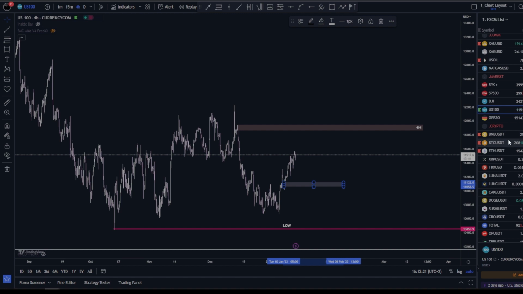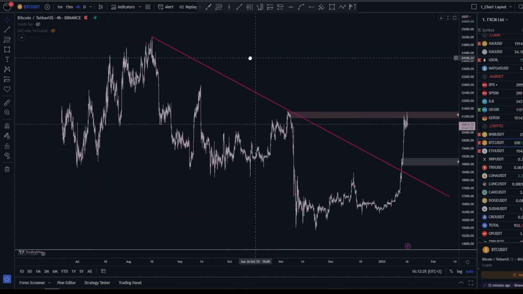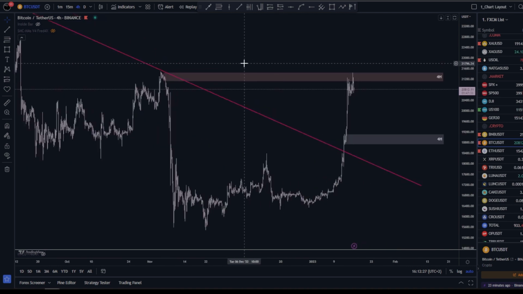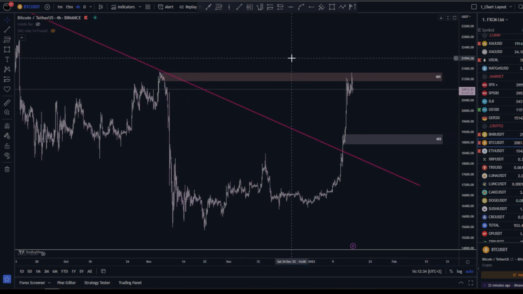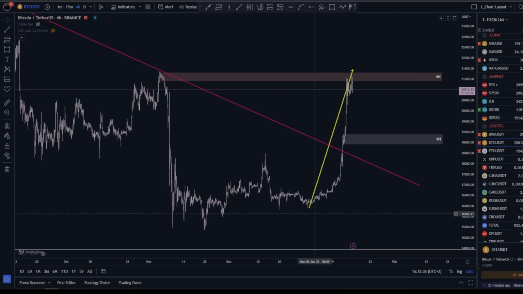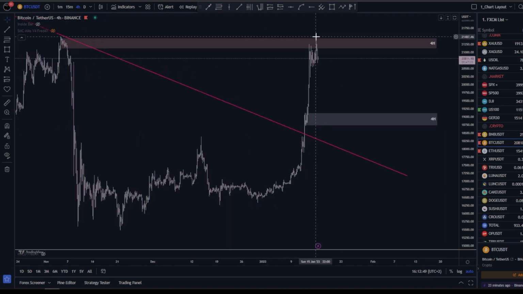Moving on to the crypto market, let's start off with Bitcoin. The crypto market started to give some signs of reversal since the beginning of this year, which I think makes everyone happy. So as I said, the price started to make some bullish candles here and started to move aggressively in the past week towards this level, which is a big supply area. And as you can see on the chart, the price got a bit of a rejection here.